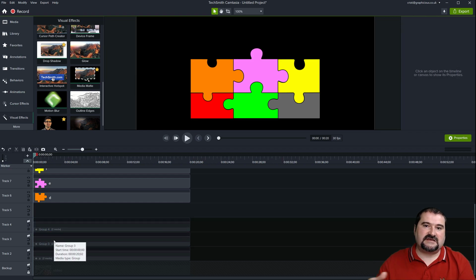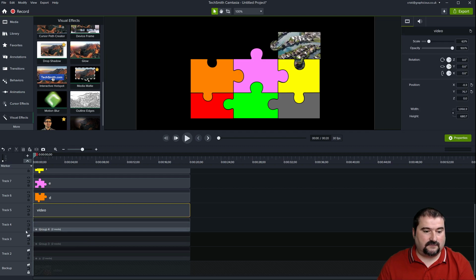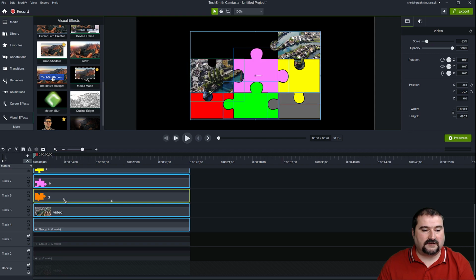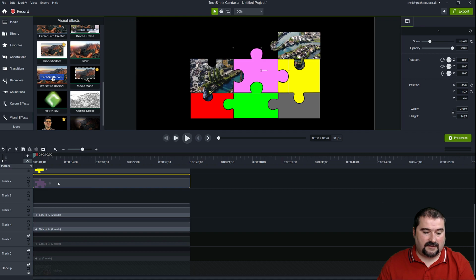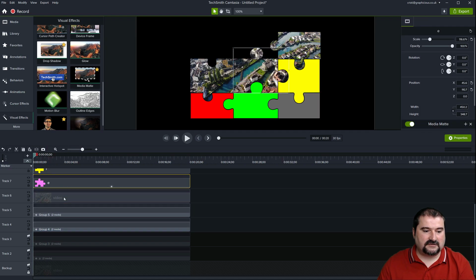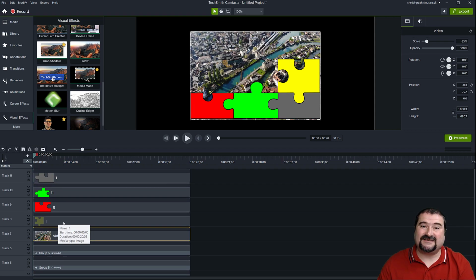So you see, as I'm going, I'm hiding them so that you can see, but I can leave them on. Here we go, video pasted again, Media Matte on the letter D, shift, group. Again, paste, Media Matte on E, shift video and group. And you can go like this until you finish all the pieces.